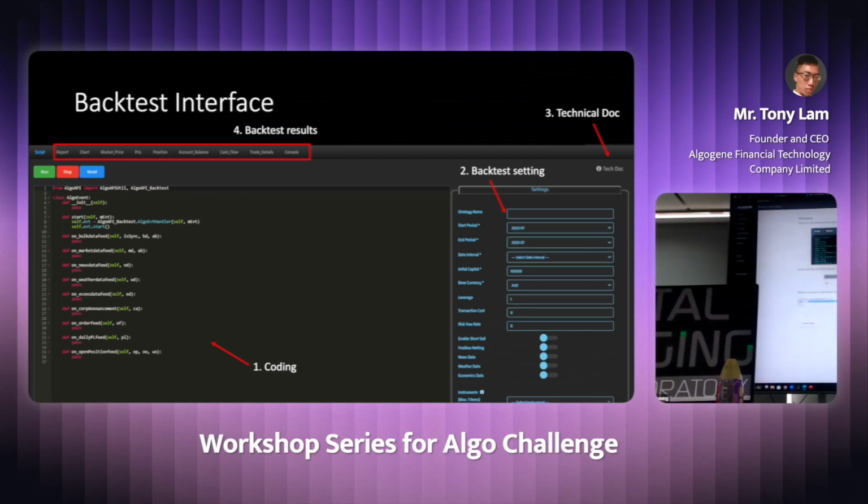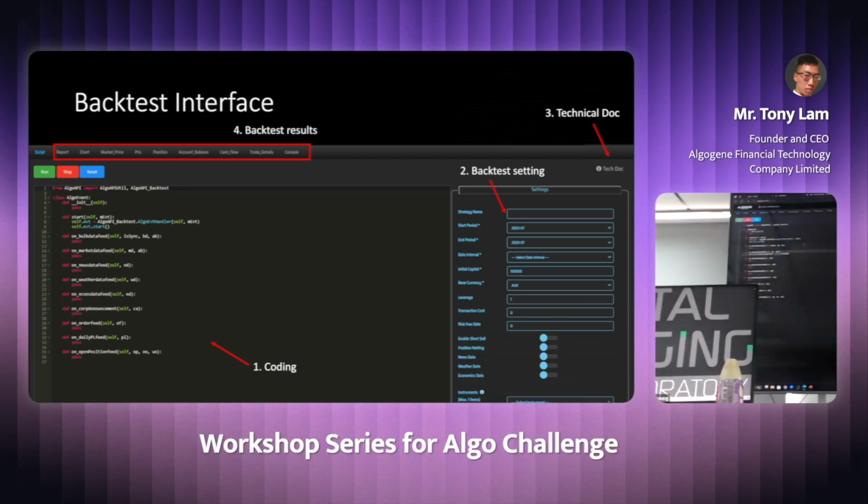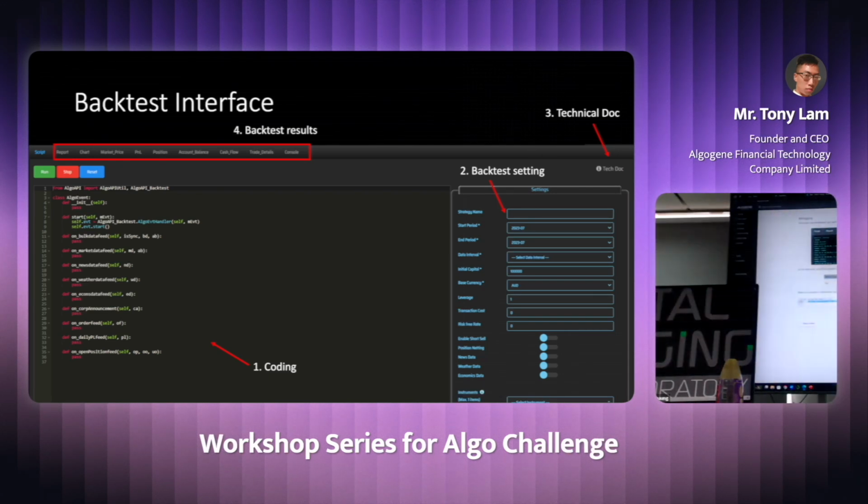So for example, if you don't know what the attributes here are talking about, you can go to the market data object. Actually it summarizes what attributes are available from the MD object.